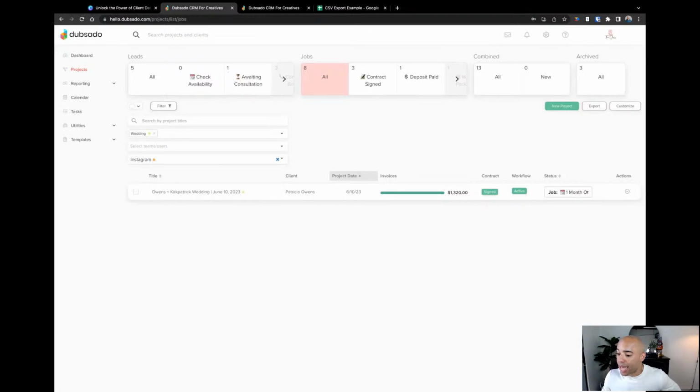Alicia says, for the income categories, don't those automatically go into QuickBooks if you have that set up, or is that something else that auto-populates there? So right now, as far as our QuickBooks integration goes, income categories do not automatically go over into QuickBooks. That's not an automatic thing that happens right now, so that wouldn't be something you would have to worry about at this time, Alicia. It's been requested that those do go over there, but right now they don't automatically transfer. So hopefully that answers your question.